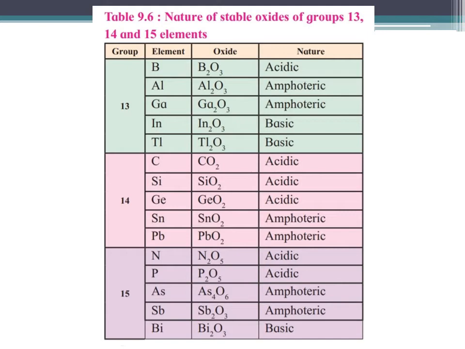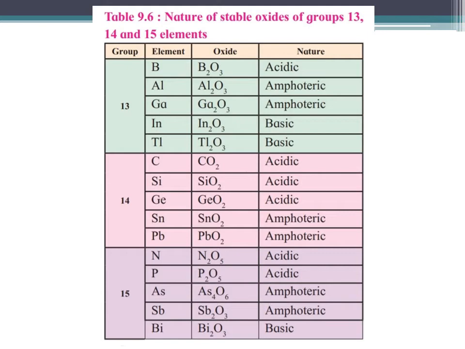So as their metallic character varies, similarly the nature of their oxides gradually varies from acidic to amphoteric to basic. Now students, one very important point which you all need to remember is that as the metallic character increases, that is the heavier elements, their oxides are basic. So students, if the element is a metal, then its oxide is basic. And if the element is a non-metal, then its oxide is acidic.